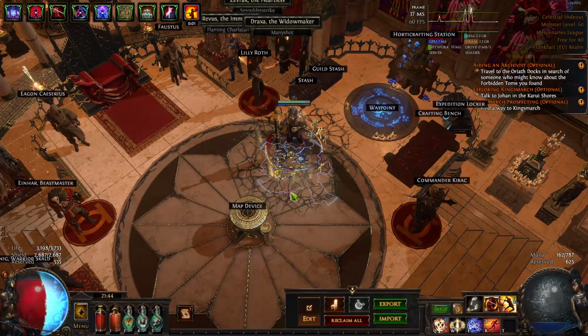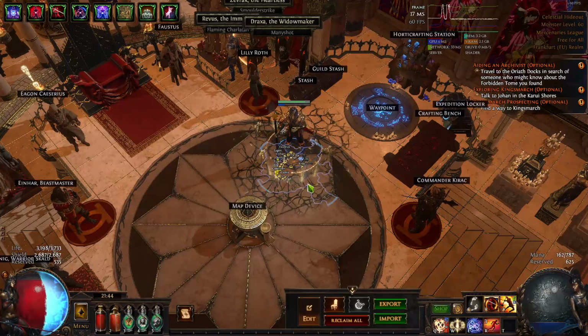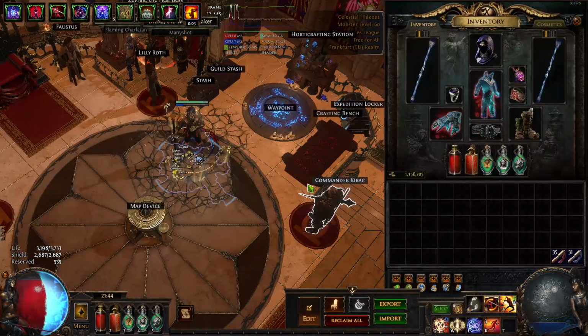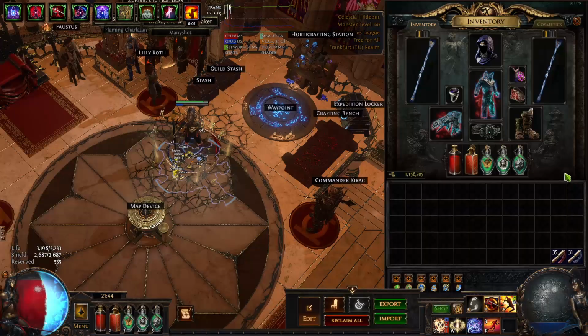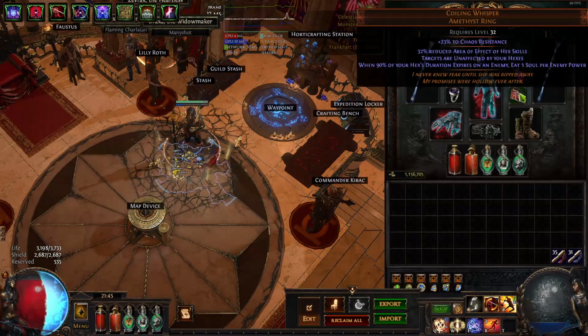Hey guys, got another build for you. This is more of a meme build, and I don't highly recommend playing it unless you really like melee totems for some reason and you just want to see them slam everything, you know. But I did want to say that this deck, Wilma plus Coiling Whisper, can make pretty much any totem